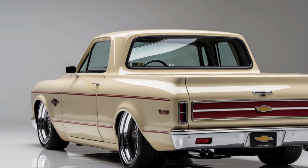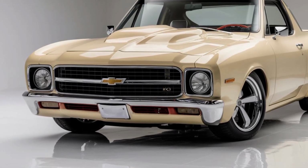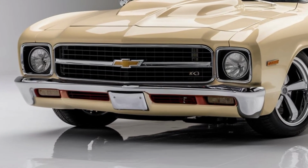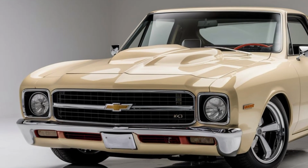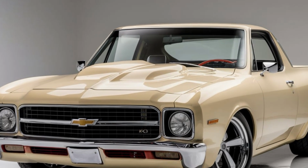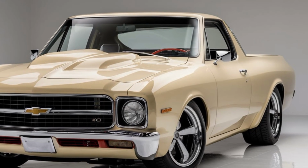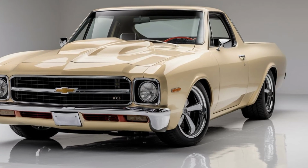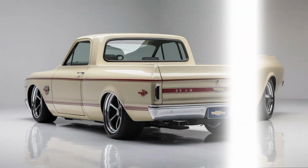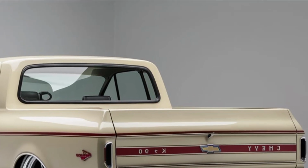So, is the 2025 Chevy K20 Vintage Pickup worth it? If you're someone who appreciates the rugged design of vintage trucks but also wants the performance and tech of a modern vehicle, this truck is absolutely for you. It offers great value, superior performance, and timeless style that makes it a perfect choice for a wide variety of truck lovers. Whether you're a collector, a weekend adventurer, or someone who needs a dependable workhorse, the K20 checks all